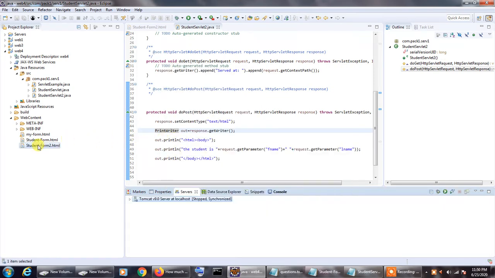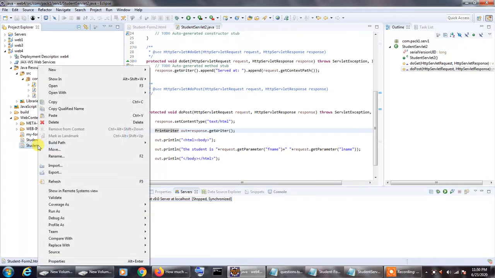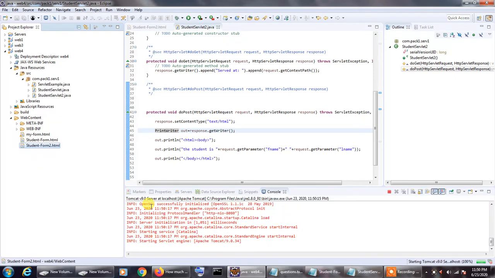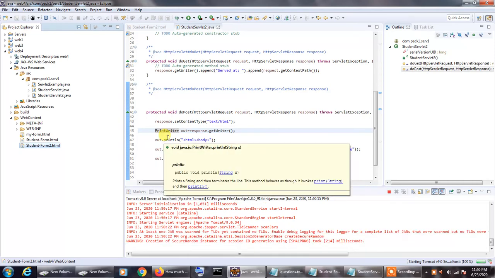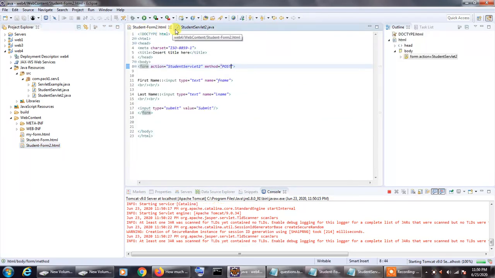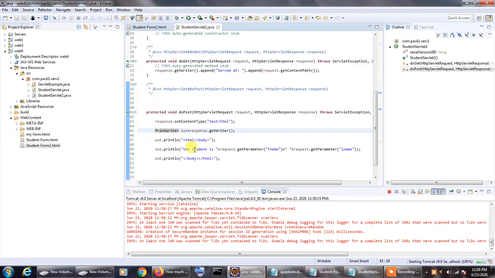Once we have done that we can run our program. Go to student, select run as, and select run on server. If it runs successfully it will show us our form. It will take a while, so let's be patient and see what happens.